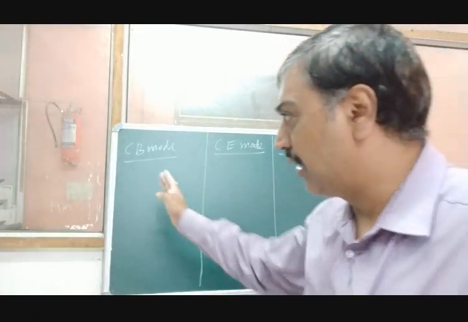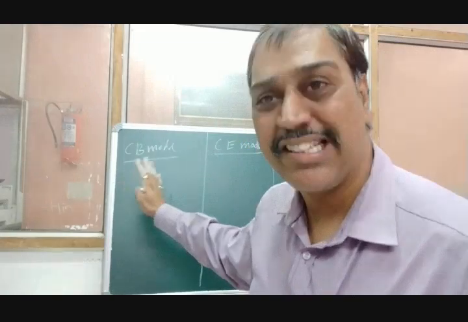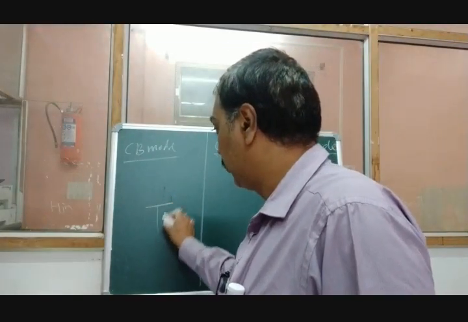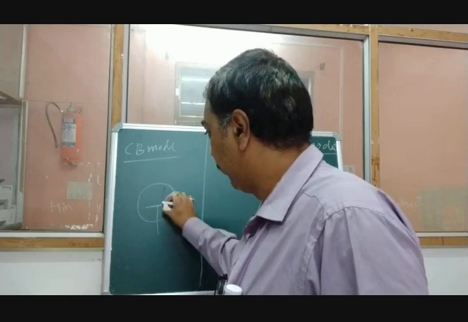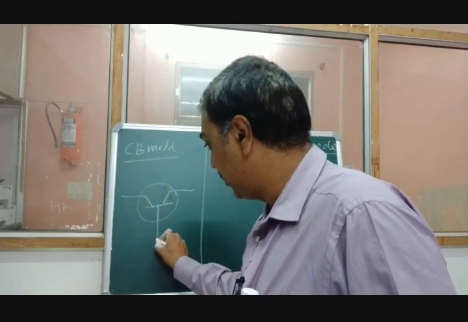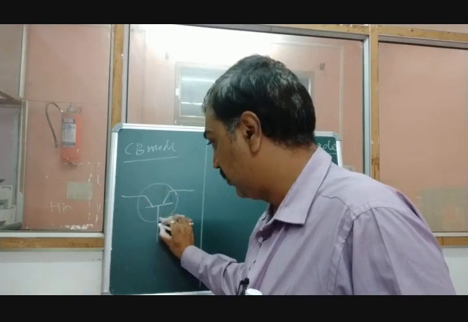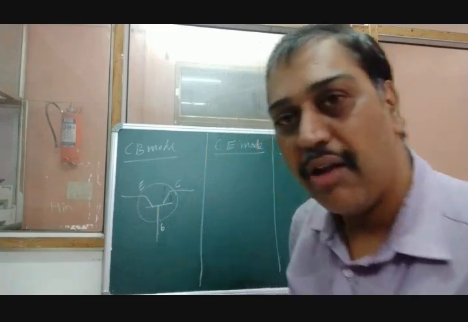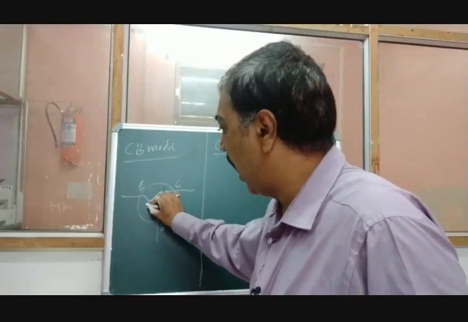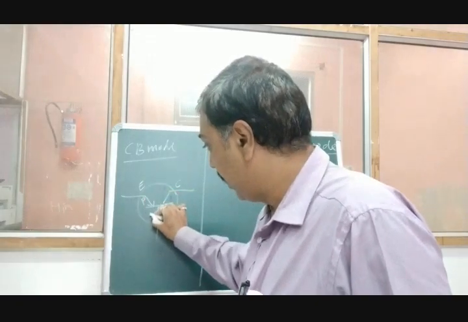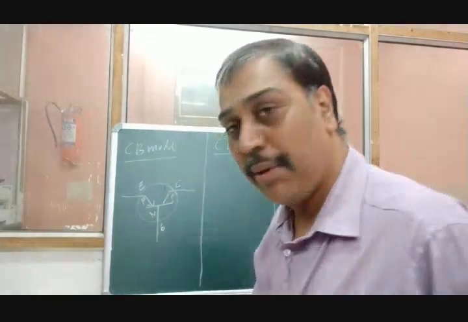Let's see how the common base mode will work. This configuration will work. So let us draw the transistor. I will draw the transistor like this. So these are the 2 terminals. This is the base, we know this is the base. This is collector. This is emitter. Now emitter must have the arrow. So suppose the arrow is like this. Current flows from positive to negative. So it is P and P transistor.